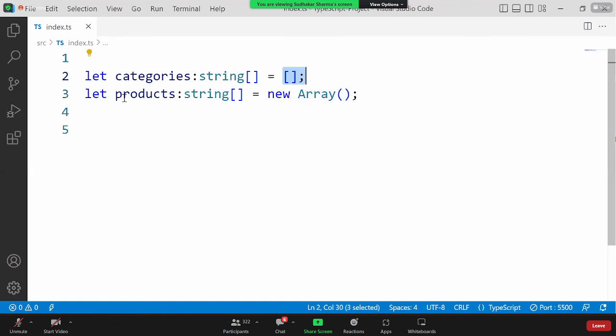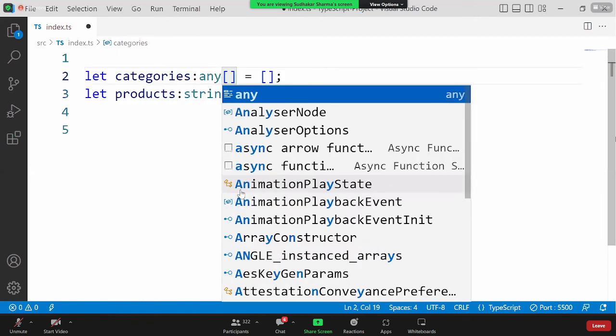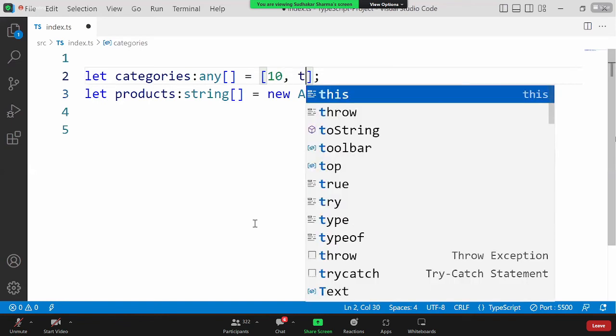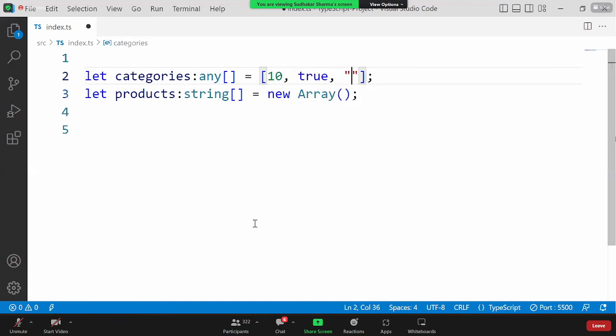How to create an array to store different types of values? We have to mention the data type as any. See what I am doing: I am giving any as the data type, and into that I am passing 10, true, and a string. It is allowed. Now see, here also the data type